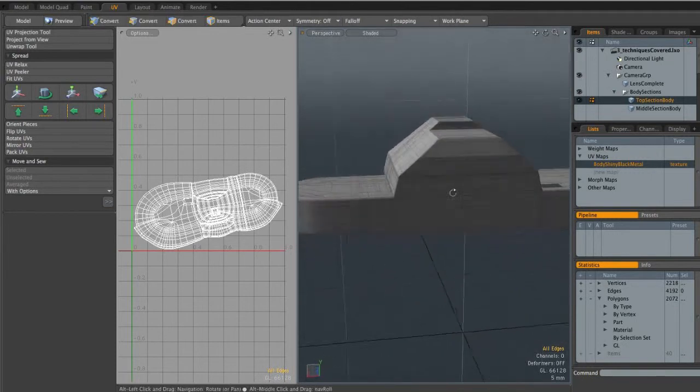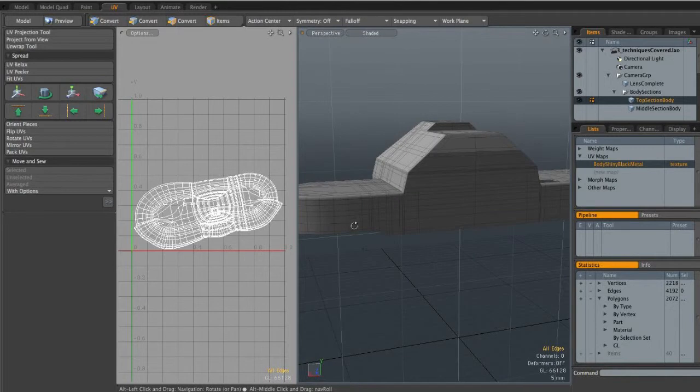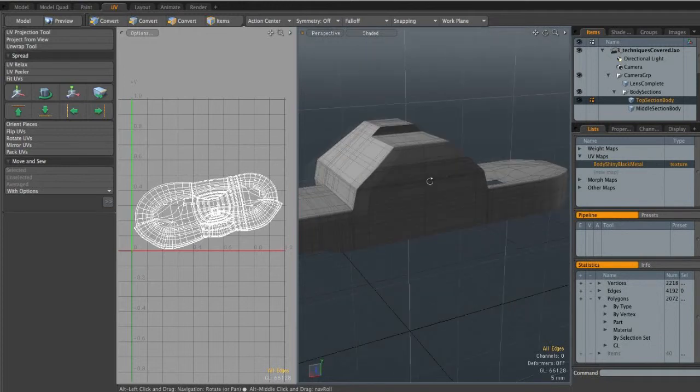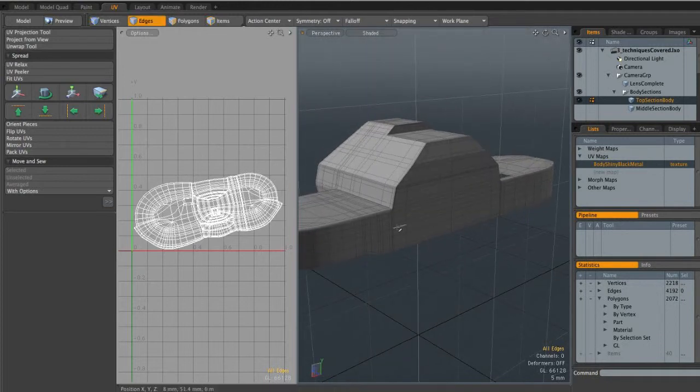So what I'm going to do, I think, is try and make it so that these polygons on the left and these polygons on the right kind of flow into this section. I'm going to try and keep it connected in UV space. And that's because I want scratches on the final texture map to be able to flow from here up into